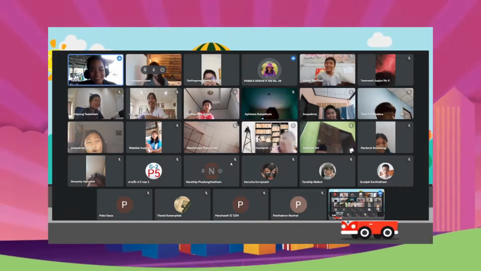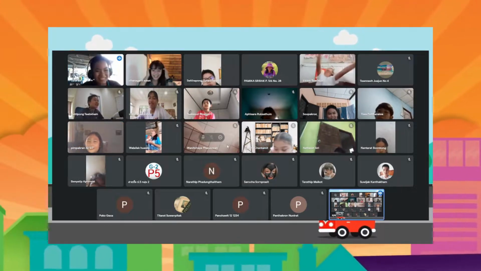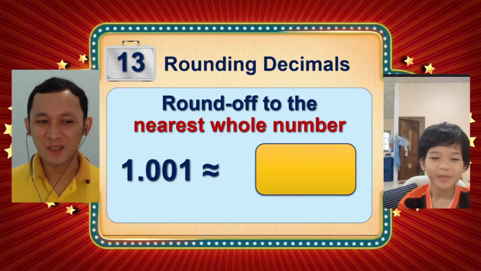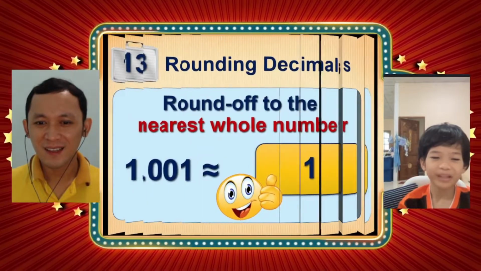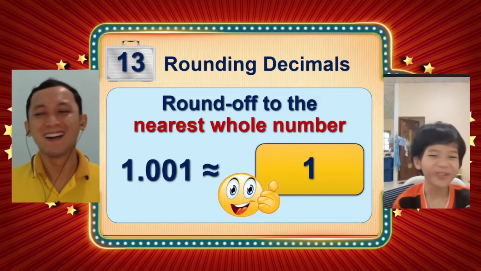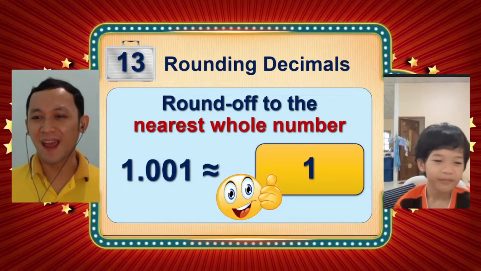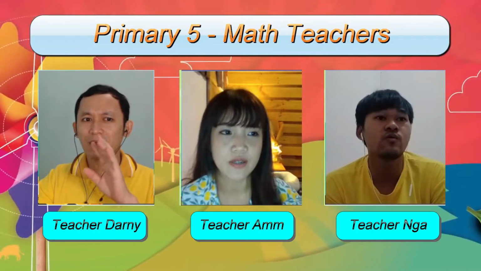You say thank you to Teacher M. Teacher M, very good. Yes. The correct answer is okay. Very good. The correct answer is 1. So the answer of your classmate is